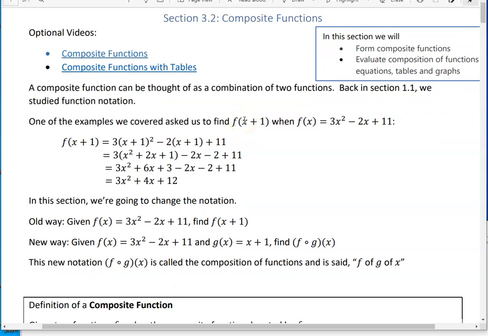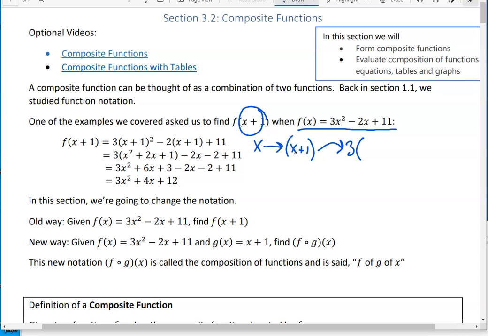So far, we've added functions together. We've done f of x, g of x. But what in the world are they doing here? F of x plus 1? What? Well, don't panic. I know what f of x is here, right? I have a quadratic function. F of x is this. F of x plus 1, all that means is wherever you see an x, put x plus 1 where you see the x. So f of x plus 1 becomes